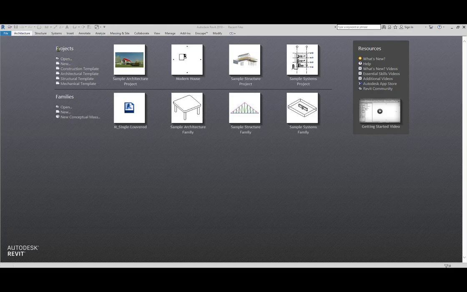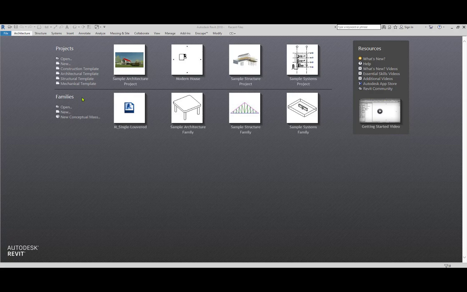After that you will get the projects and then families. In the projects you can find the recent projects that you have done earlier. Families are nothing but components, or you can say blocks. In AutoCAD we use blocks. Just like in 3D modeling, in order to complete the 3D modeling we use the families or components. You can find some default components like door, window and so on. By using these families you can develop the 3D model.